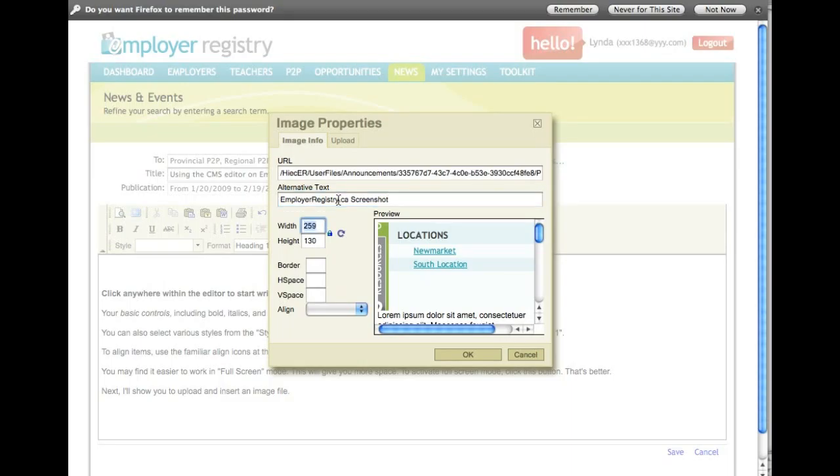Next, we have width and height. One of the nice things about this is it will not let you stretch out your images. It'll make sure that if you adjust the width, the height will be adjusted to maintain the original shape of your image. So if you uploaded a large image, especially if it came off a digital camera, those images are